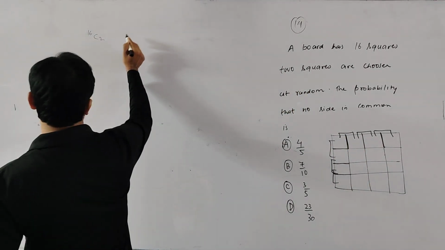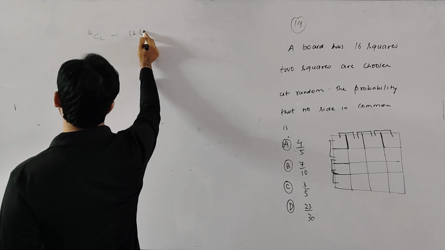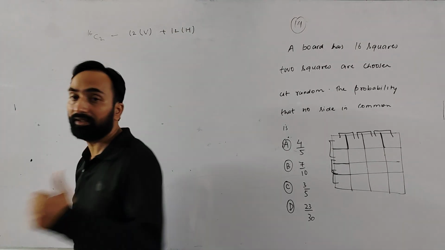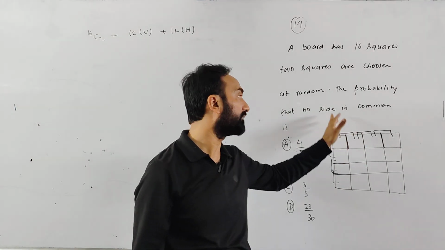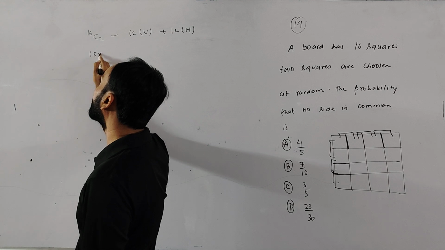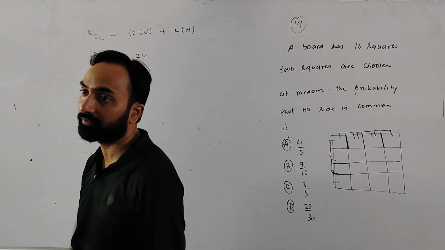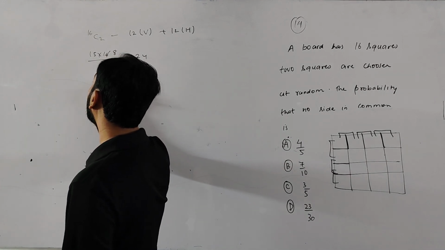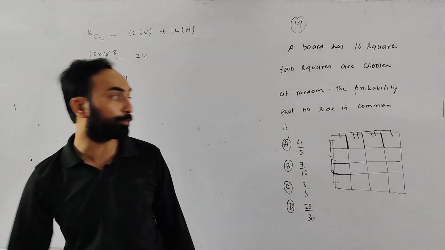Right? So total cases we have is total cases minus the common cases. So 12 in the vertical plus 12 in the horizontal. This will give those cases where we don't have the sides in common. So 16C2 is what? It will be 15 into 16 by 2 minus how many cases it will become? 24. This can be cancelled as 8, 120 minus 24. This comes as 96.